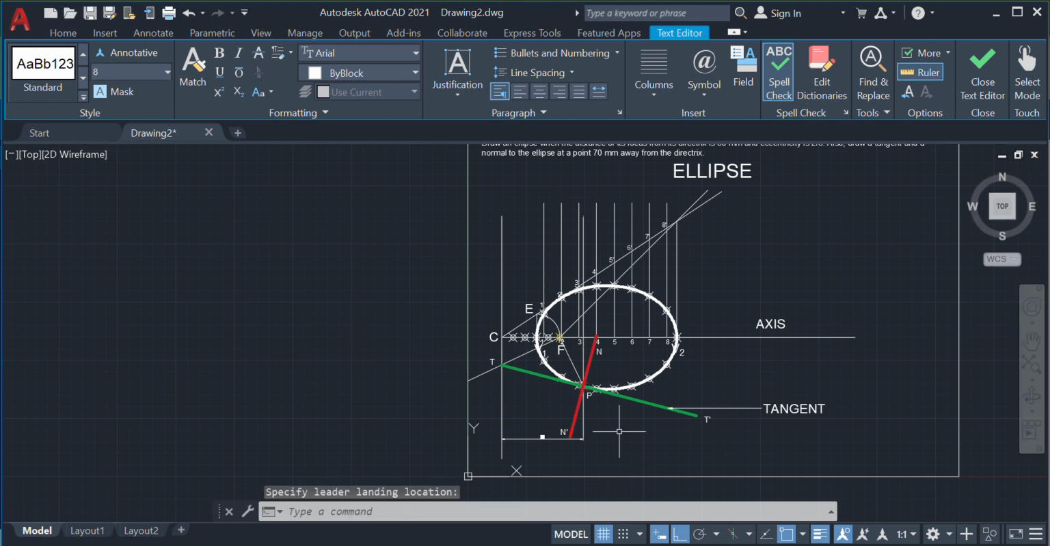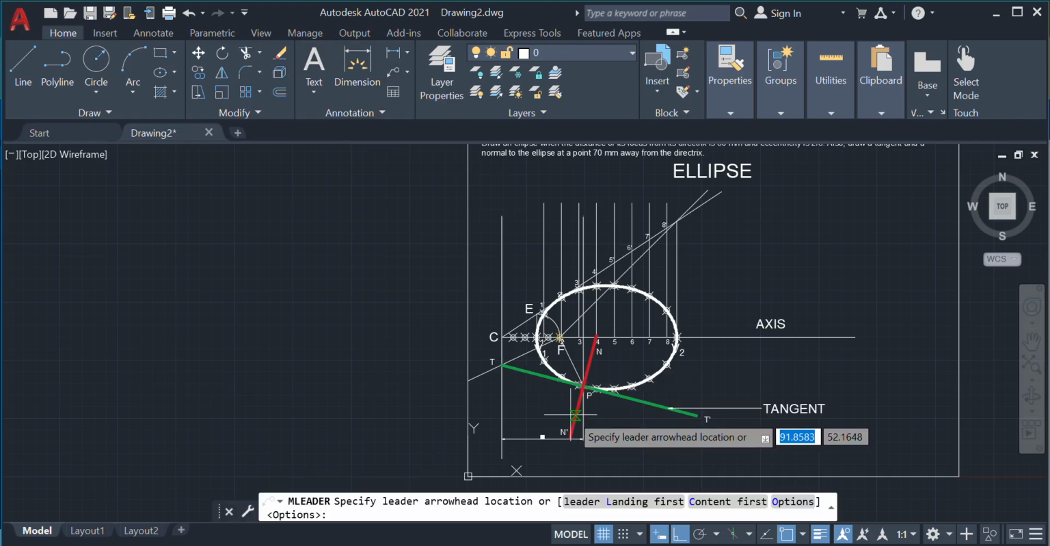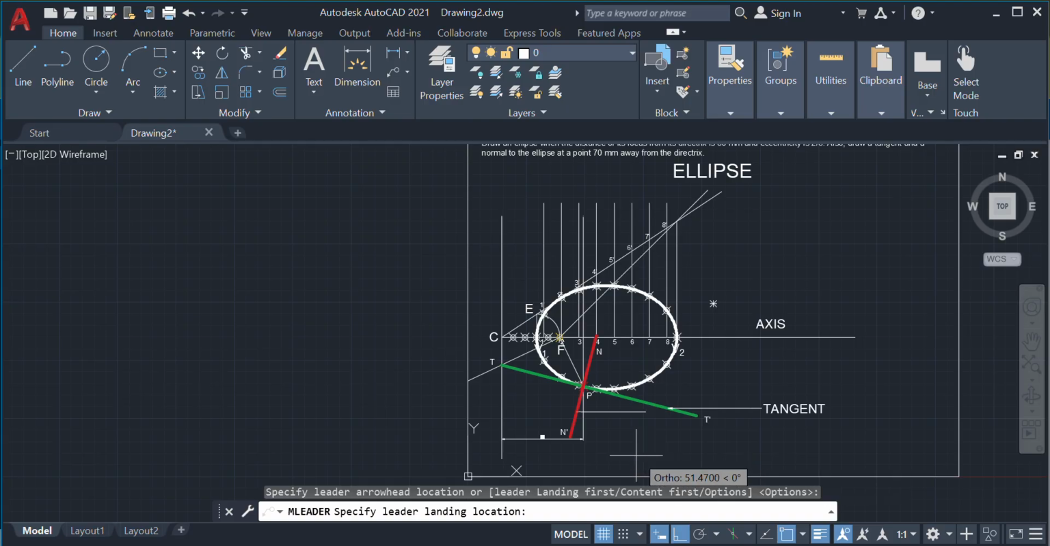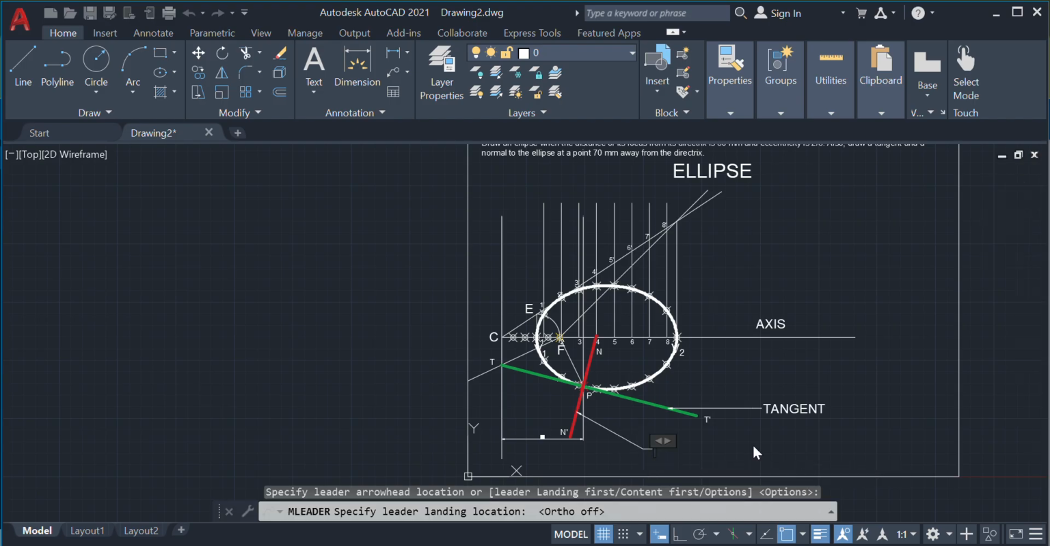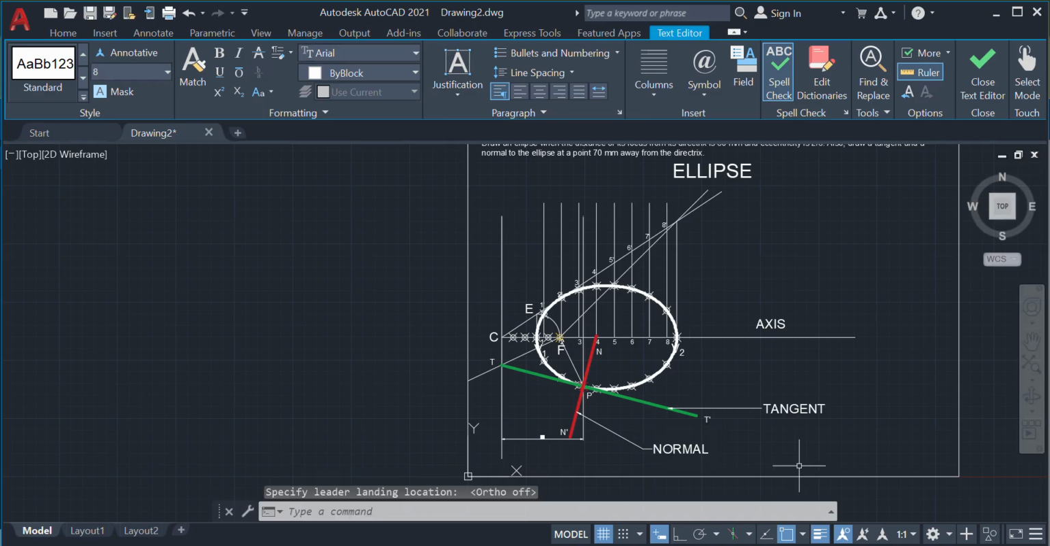Similarly, you have to write for this one, normal. Again, go for this option. Why is this happening? Because my auto is on, make it off. Then at any angle you can write it. Normal. Select it and make it 8, or whichever size you want. And as it was my directrix,